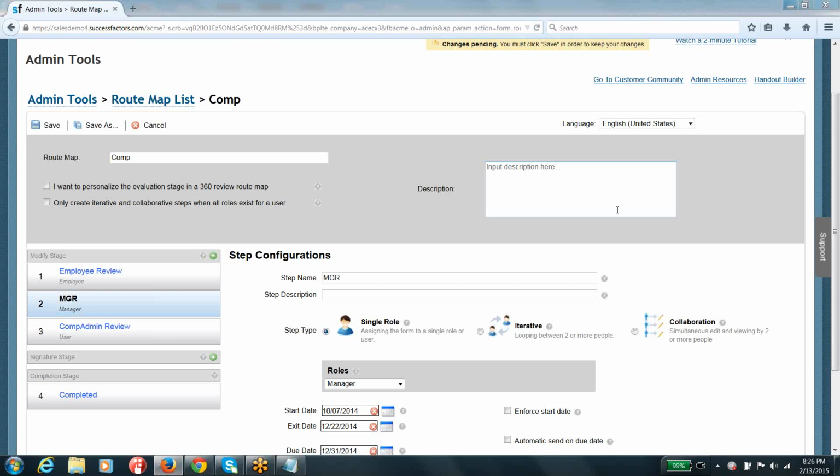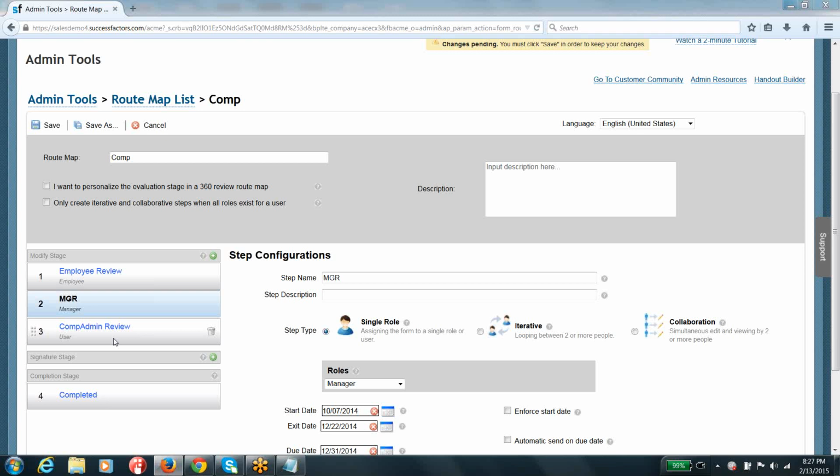But you are going to assign it to a role. So wherever people might be moving from one role to another role, your route map will automatically send the form to the next step, to whoever is in that role. Instead of sending it to a static username, it will send to the role. But these steps, whatever you are seeing here, are pretty much static, guys. Whatever you configure, the form will move according to those steps only. Srini, does it answer your question?